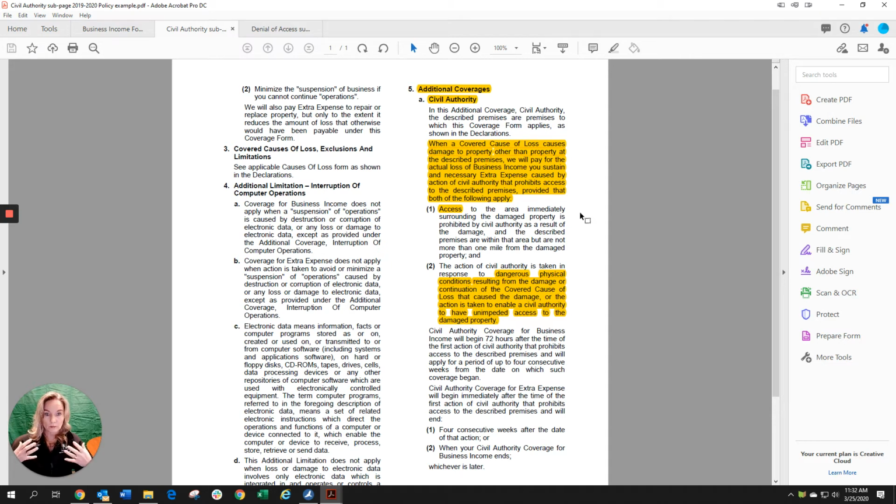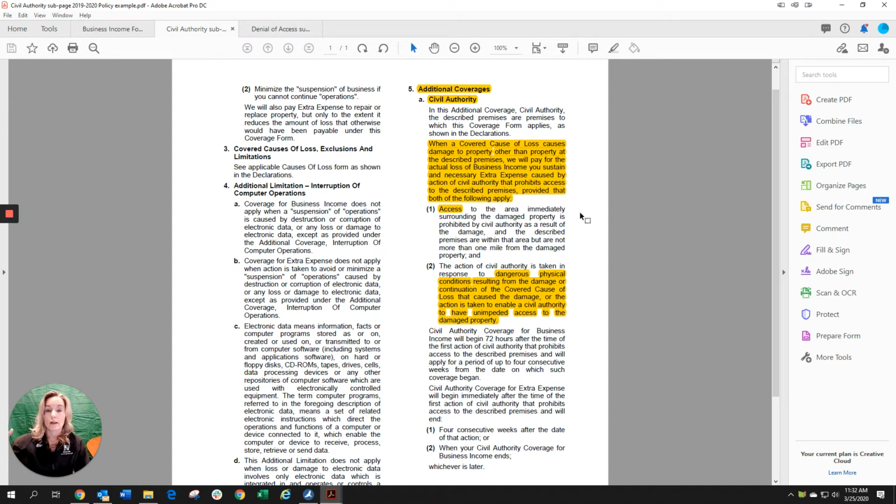Here's my example. I'm a restaurant. Next door to me is a retail location, and to the right of me is a gym. I have a fire at my location, so it's clear tomorrow I cannot open. Jumping ahead, it's going to take me six months to reopen. During that time, I might have some payroll I need to keep, so I can keep my kitchen manager, chef, GM, whatever else that might be, important, critical people. I'm going to have rent I have to pay on my lease, but I don't have any income coming in. I might have my POS system, other expenses, electric, whatever else I have to pay. Those are your extra expenses and ordinary costs that would continue.